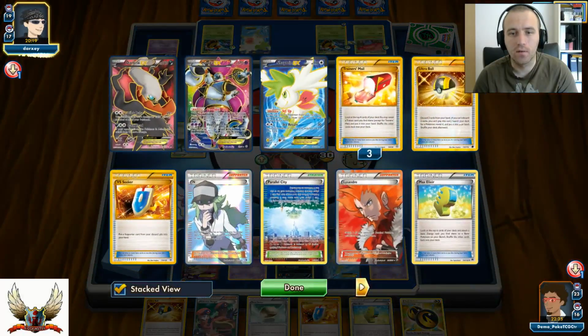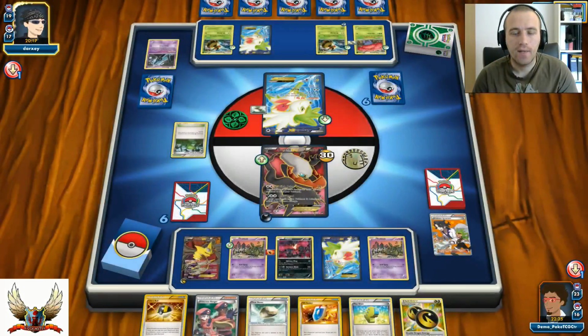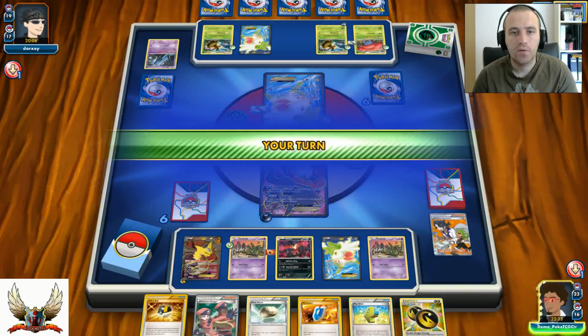That baby Yveltal is good. Luckily, I have some energies also in my discard pile, but I don't have Darkness energy in my hand, so I'm not going to be able to do an energy attachment on this turn. But hopefully, as I say, I can somehow...